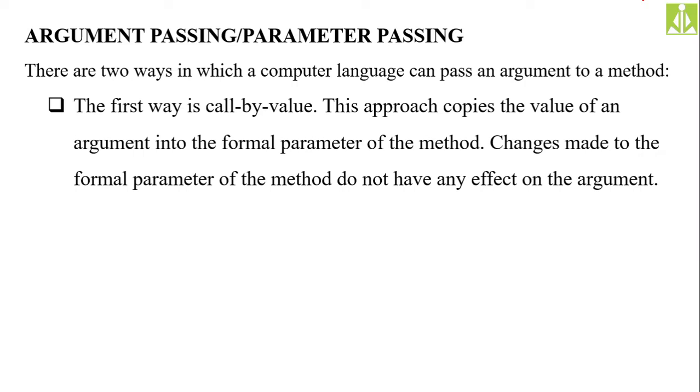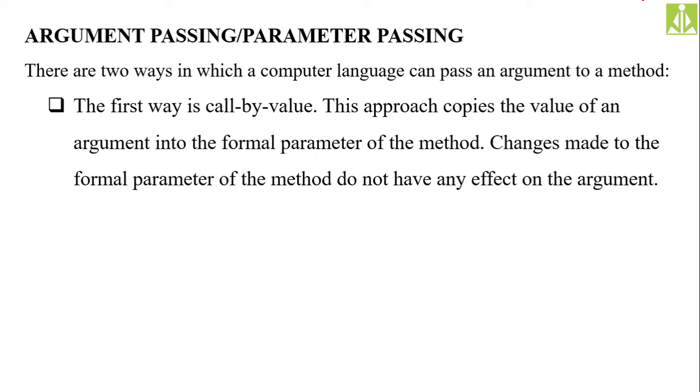So basically, there are two ways in which we can pass the arguments to methods. The first way is call by value, and the second approach is call by reference. Arguments are nothing but the parameters, nothing but the input to the methods. In how many ways can we give input to the methods? One, by passing the direct values we can give, or the second approach is by passing the references. These two approaches are very important in any programming language: the call by value and the call by reference.